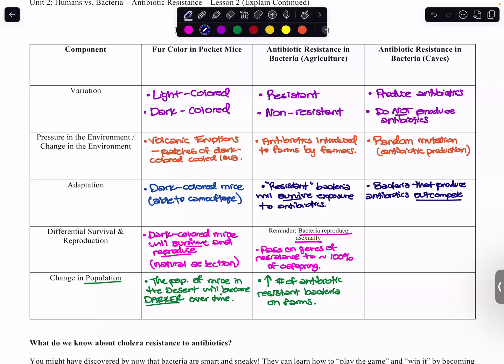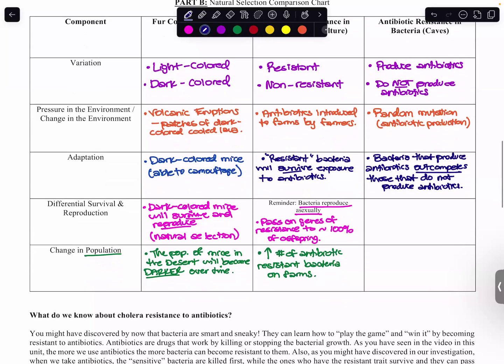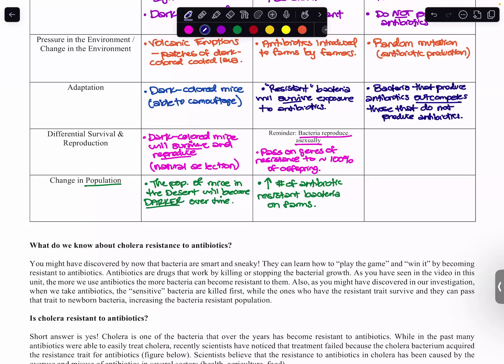Which means that they're better suited to compete, outcompetes those that do not produce antibiotics, right? And as a result of that, we now have bacteria that produce antibiotics